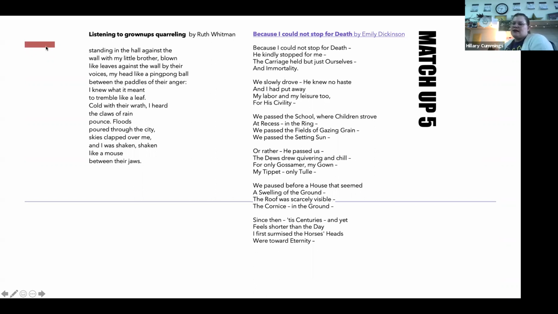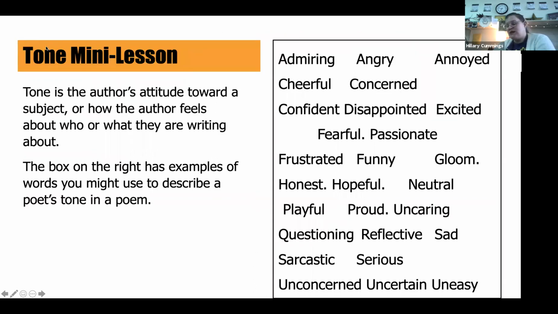An interesting fact is that Emily Dickinson's window was right outside her family's burial ground. And so she kind of became a little bit fixated on the idea of death from an early age, and wrote about it a lot in her poetry. And so we kind of see some of her attitudes about death. So what are the poet speaker's attitudes about death? Here are some possible words that you could use as you're moving into vote. So go ahead and go to your voting window, vote for the poem that you like the best, and then tell me what you think the tone was, and press pause on this video while you're doing so.